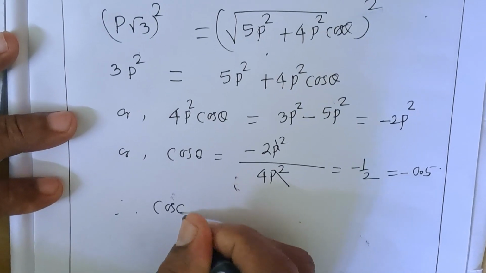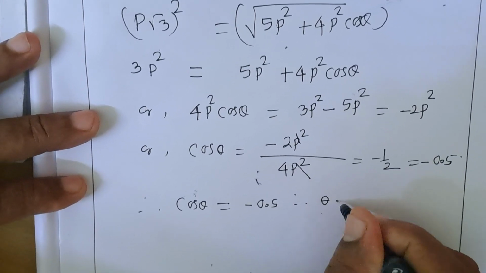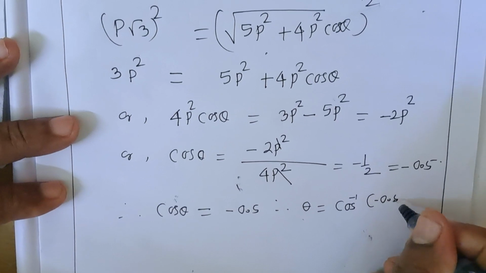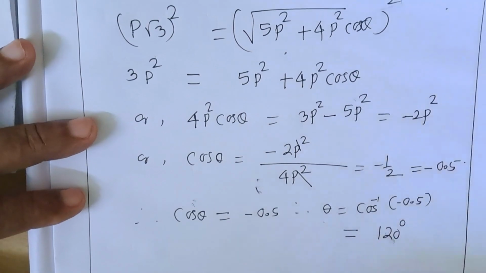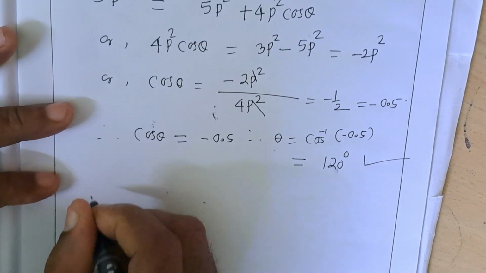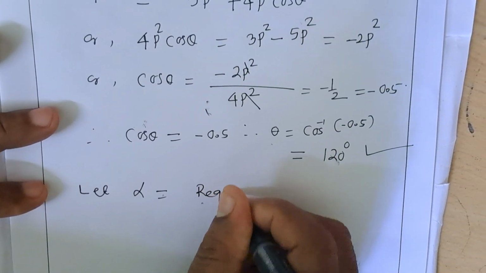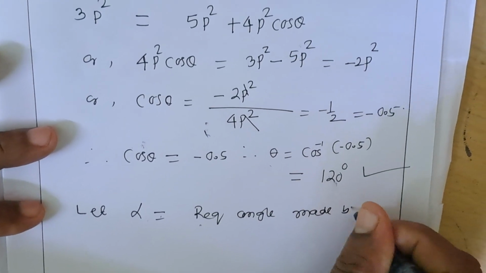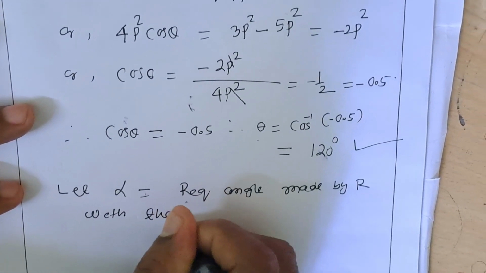Therefore, cos theta is equal to minus 0.5, or theta is equal to cos inverse of minus 0.5, which is equal to 120 degrees. Therefore, the required angle is 120 degrees. Then let alpha be the required angle made by R with the line of action